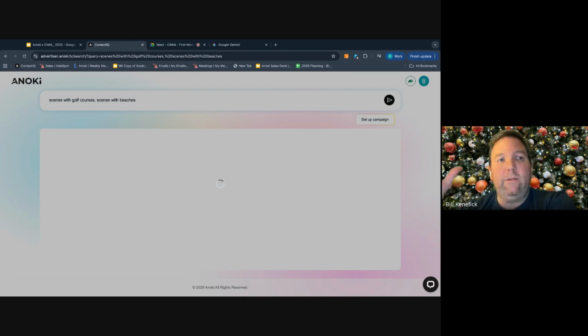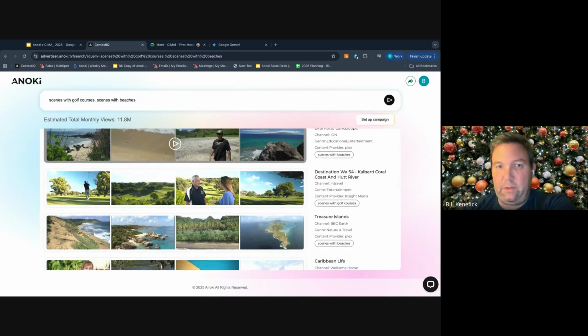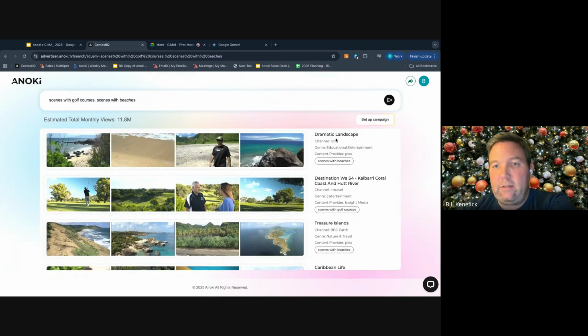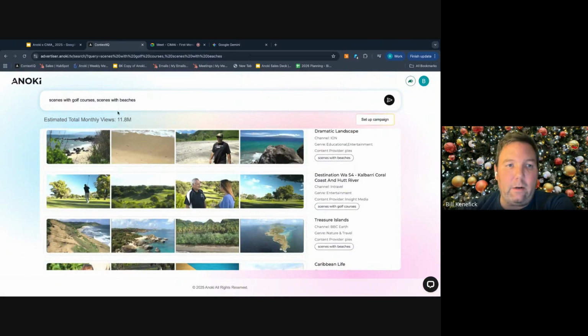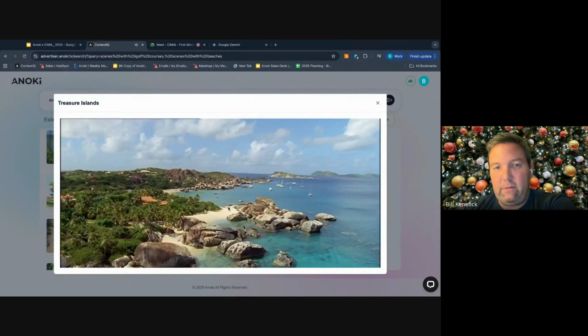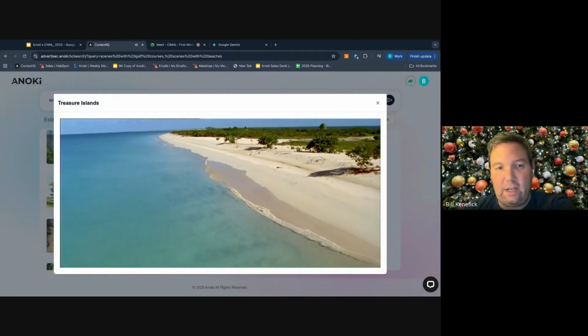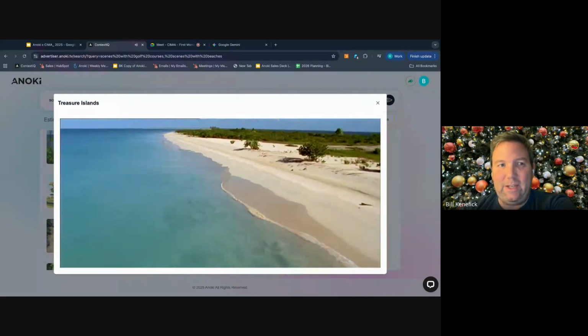regardless of title or movie, and just go to that moment or scene that makes sense based on the prompts that we have. So here you have an example of a show, dramatic landscapes. You've got the channel, the genre, and here, based on our input and our prompt, you can see a specific example. Outside, let's feel warm for a minute here.